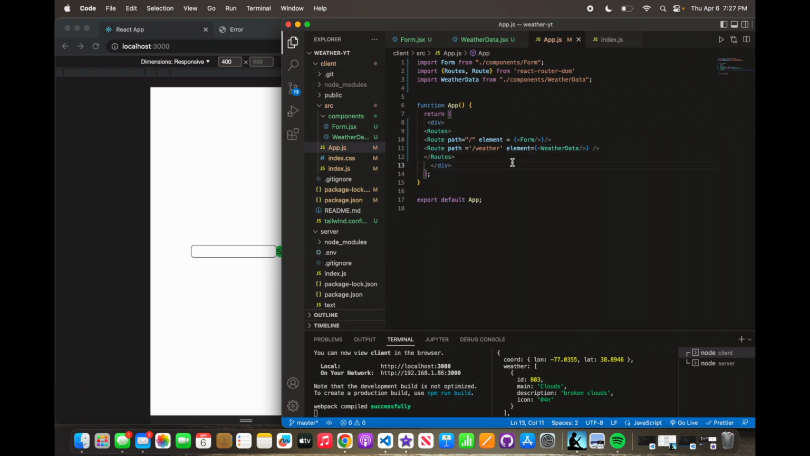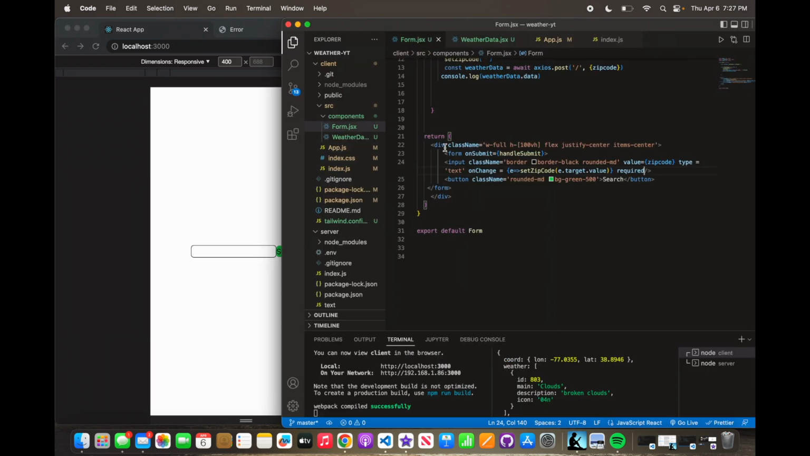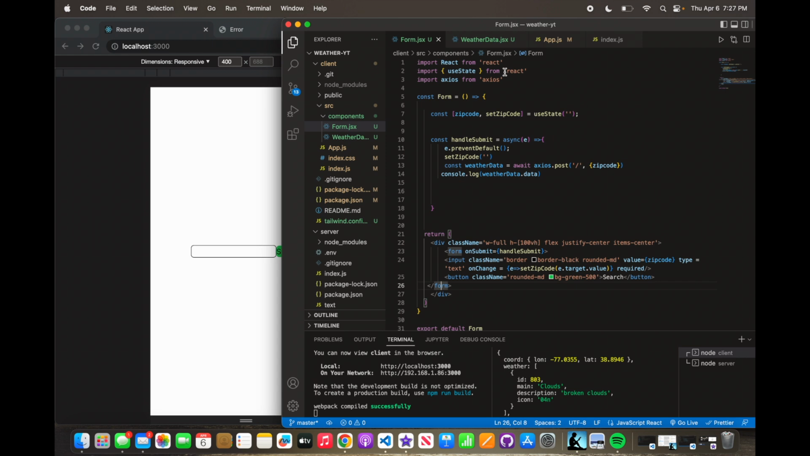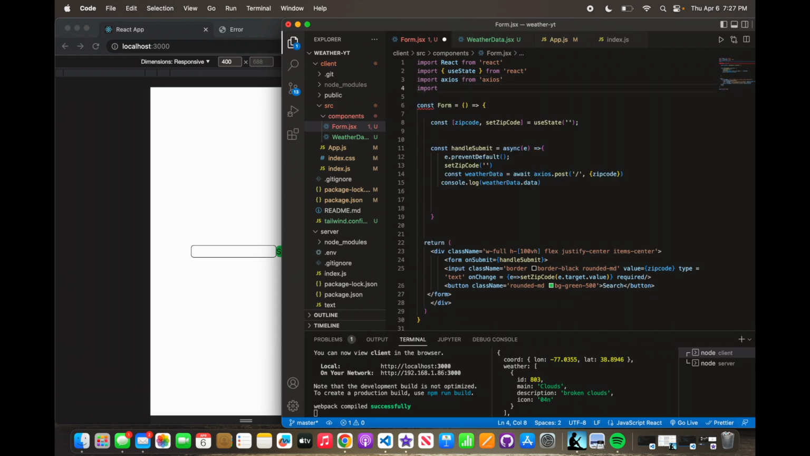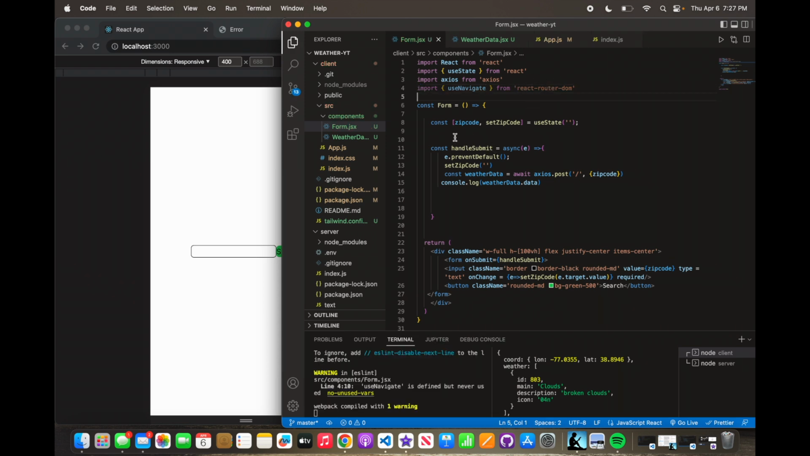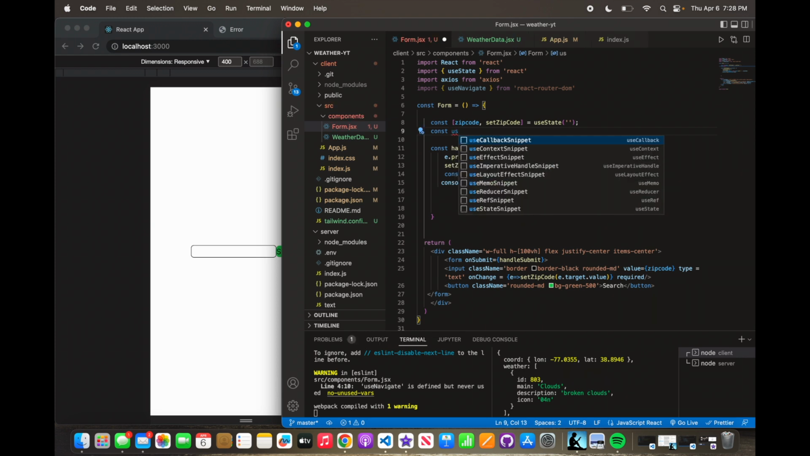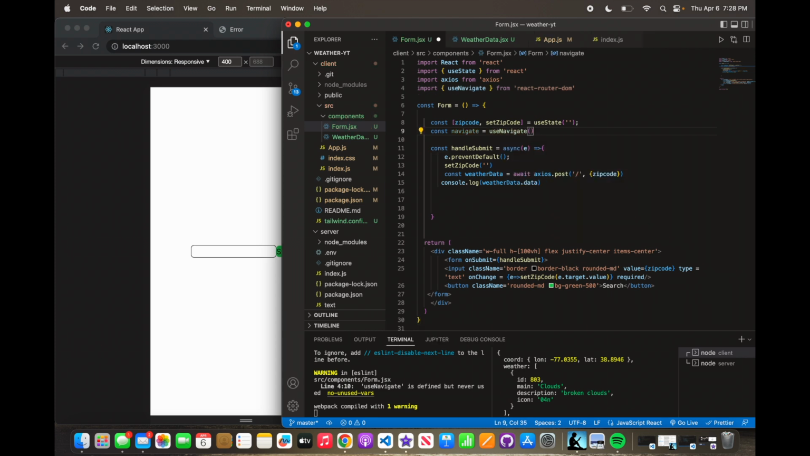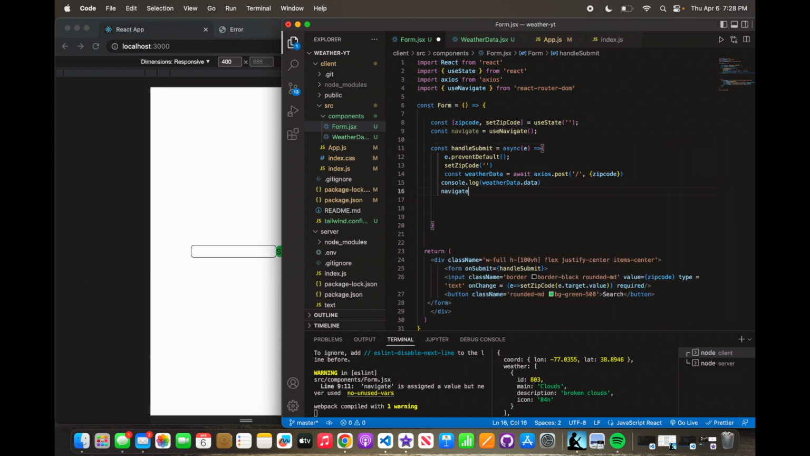Save. So now we come back to this weather form, and within this form, we're going to import something called useNavigate from react-router-dom. And then here, we're going to say const navigate, giving useNavigate a variable to work with, equal to the function useNavigate. And then within this handleSubmit, anytime we submit this form, we want to navigate our way